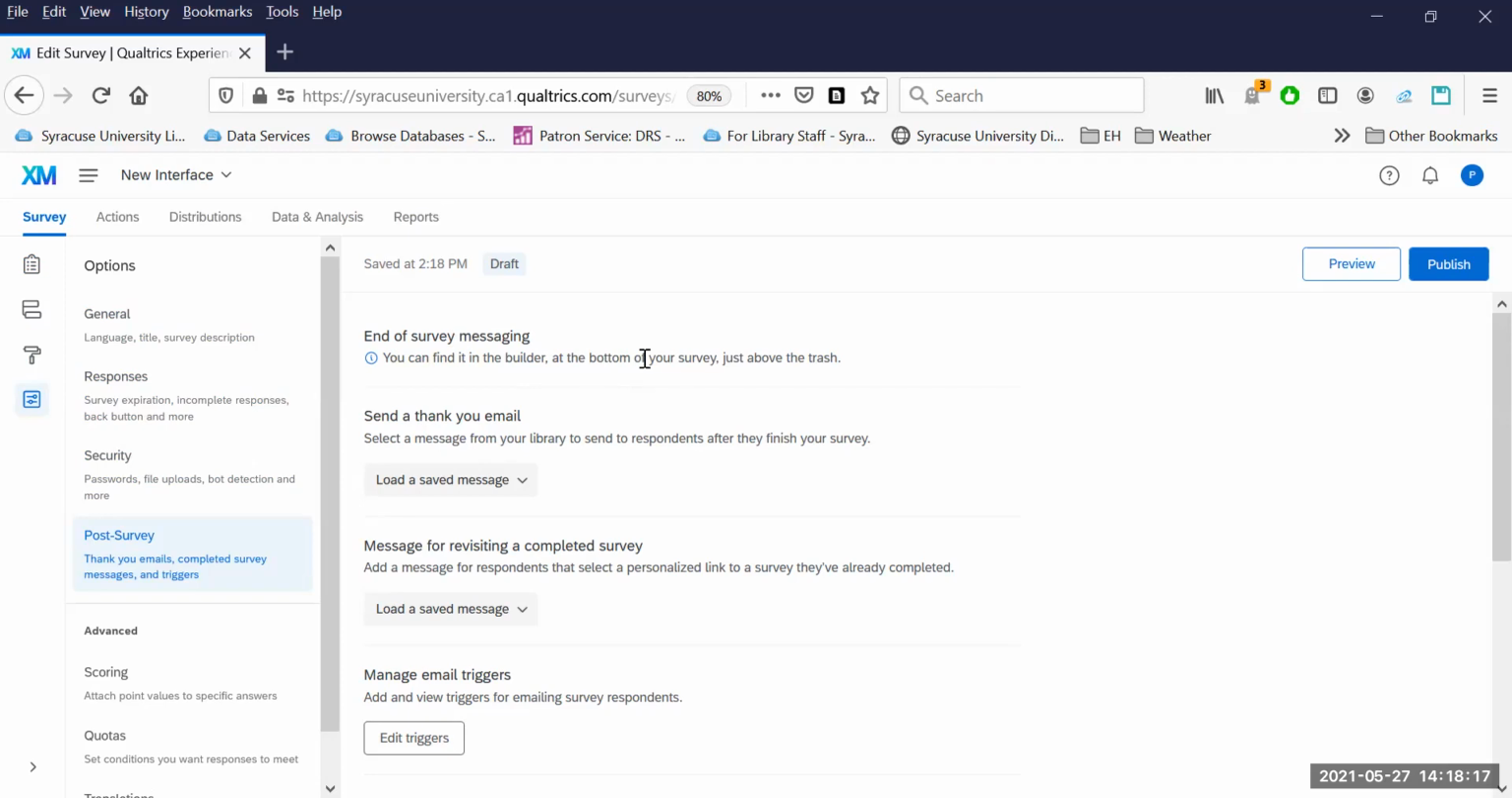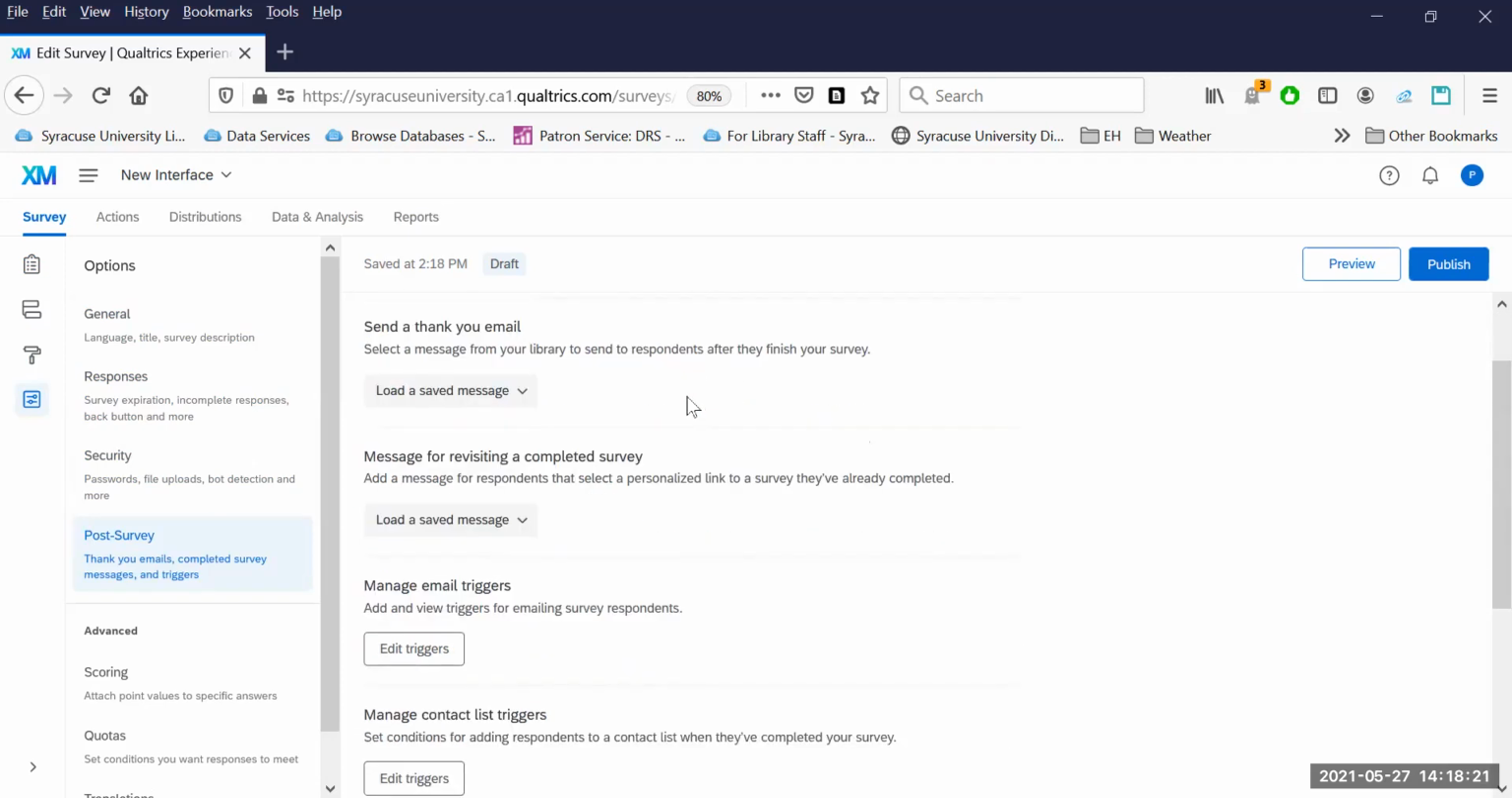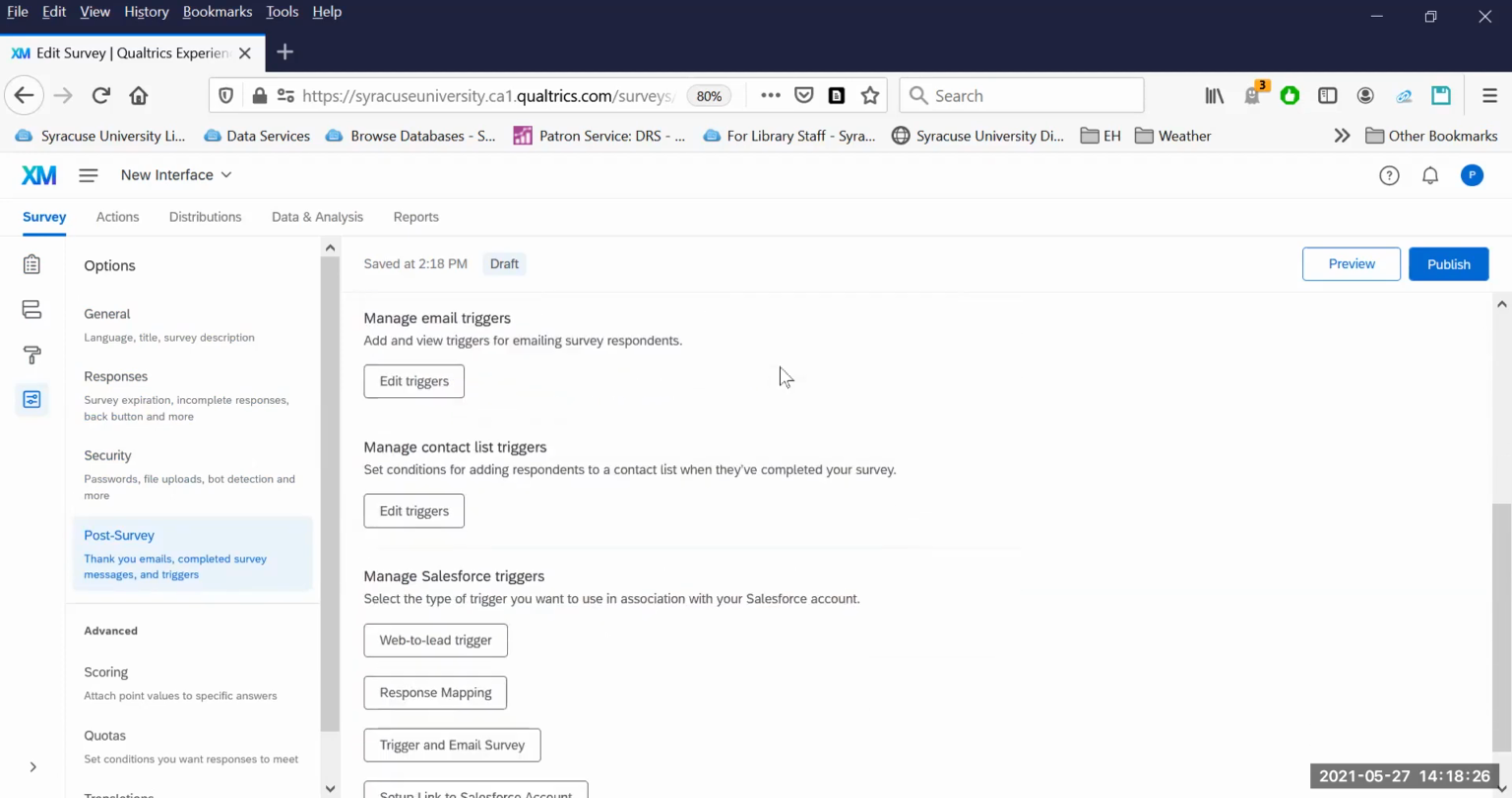End of survey. Oh, we'll go back and I'll show you that they kind of moved that too. Sending thank you emails, revisiting. Here they call these manage email triggers and contact list triggers. Those also used to be, I believe, in the tools as well. These email and contact list triggers,